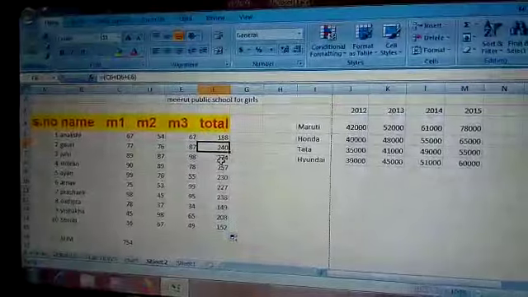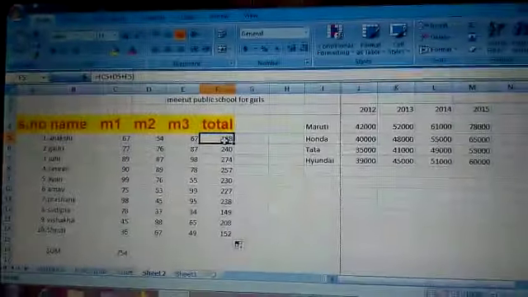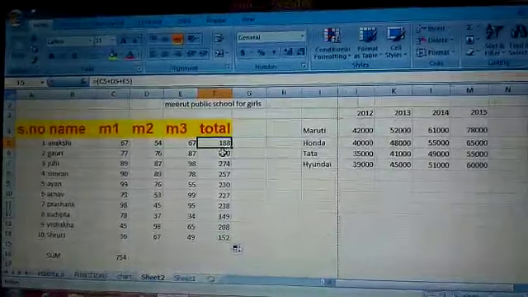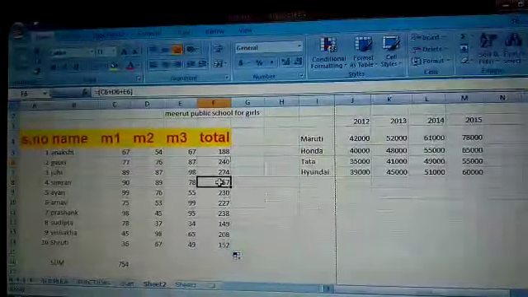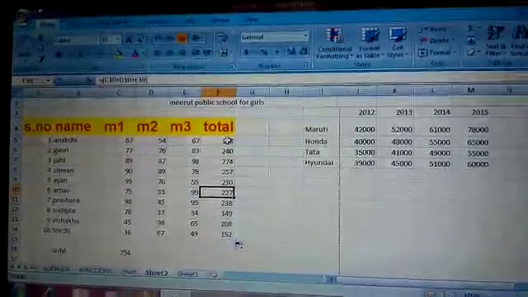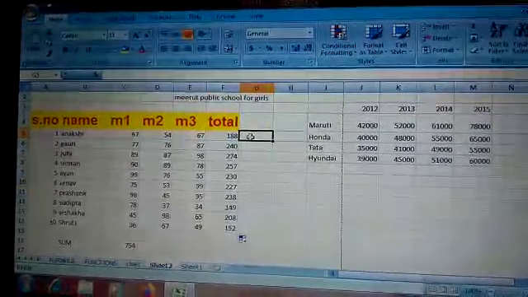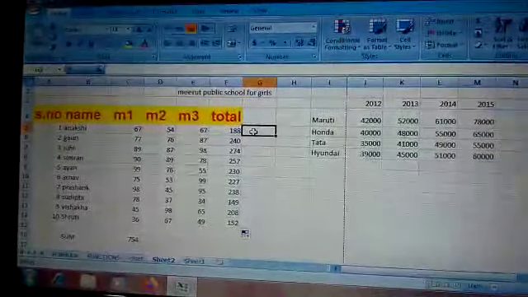What is known as relative referencing, as you know very well. C5, D5, E5 we have given in the formula, but you can see it is automatically changing according to the relative referencing. So this is known as relative referencing. Besides this, we have absolute referencing. In this absolute referencing, how can we give it?